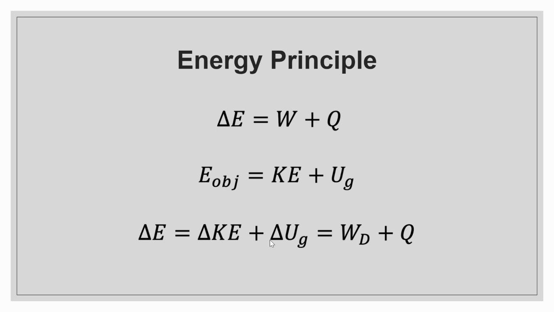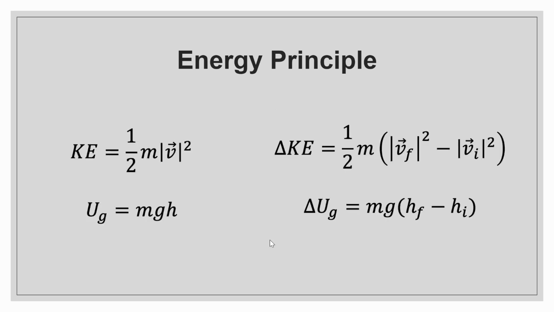Generally, the energy principle accounts for all the energy changes occurring inside a system. It states that the change in the total energy of the system is equal to the work done on the system by the surroundings plus any exchange of thermal energy between the system and the surroundings. In this particular case, the total energy of the object is the sum of its kinetic energy and the gravitational potential energy. The formulae on the left hand side were used to calculate the different types of energy present in a system, where m is the mass of the object, v is its velocity, g is the gravitational constant on the earth, and h is the height above ground.